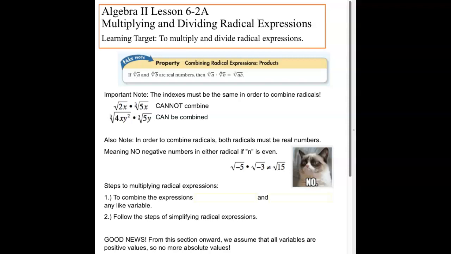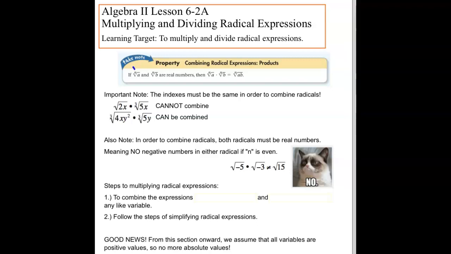Good morning. Today we're going to look at section 6.2. We're going to start working on multiplying and dividing radical expressions. So the first thing, when we are combining radical expressions where they're being multiplied, if the index is the same,